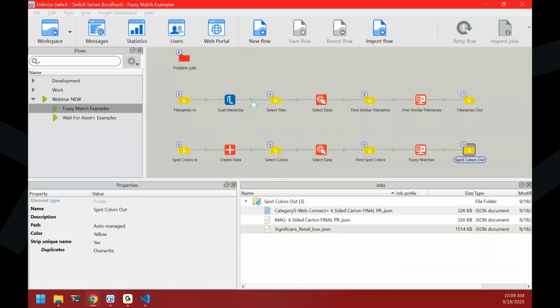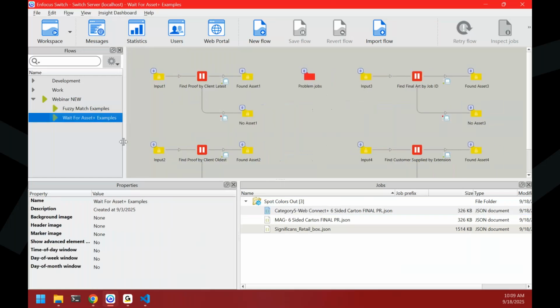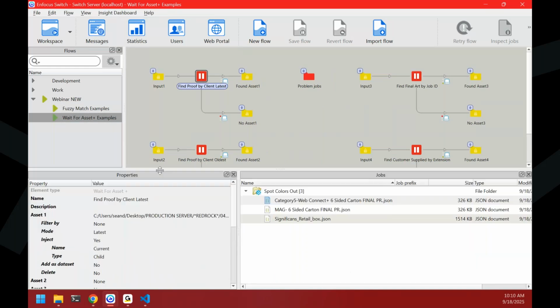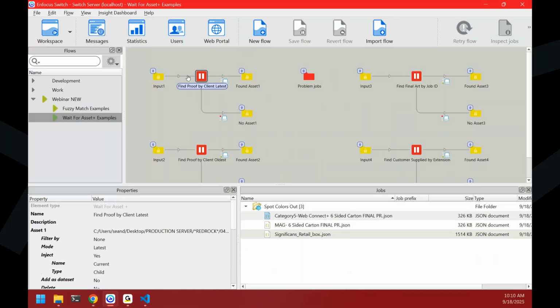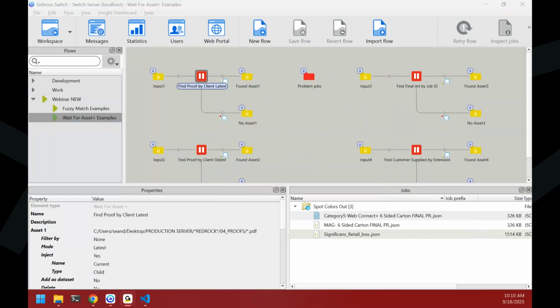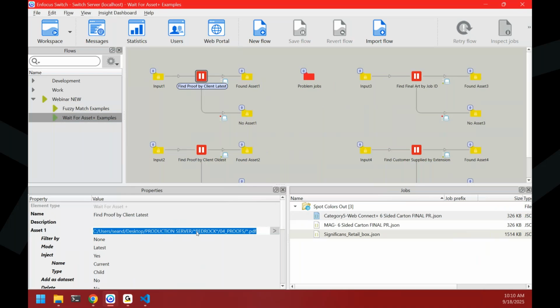If I move over to Switch here and I go to my Wait for Asset examples, we can see I have 4 different examples here, hopefully to demonstrate this type of functionality to enhance what you're looking for right now. So with the first example I have, maybe hypothetically you have a variety of different proofs within your system and you want to search for a proof by a client. So what you can do here is with a wildcard statement, you see I'm looking for, find me in my production server, any folder called Red Rock in the name, go into the proofs folder